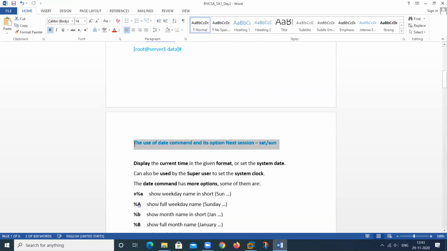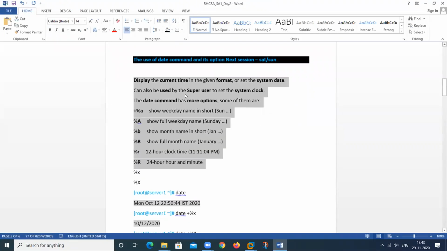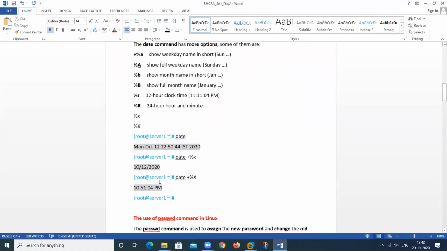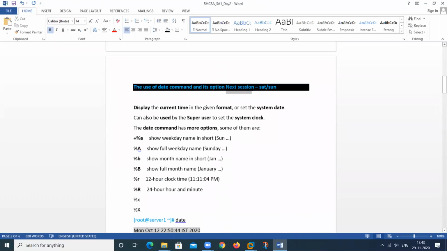Okay, I think in the next session I will complete the next one, because this will require a minimum of 20 to 25 minutes. This is a long topic. So any question regarding the earlier topic that you want to ask, then in the next session I will start this particular command.